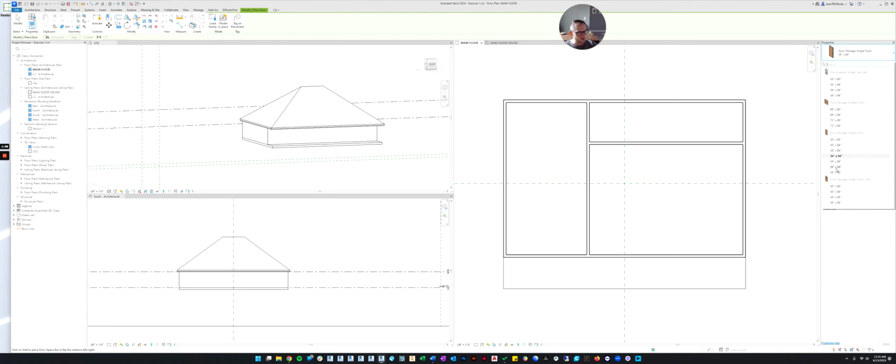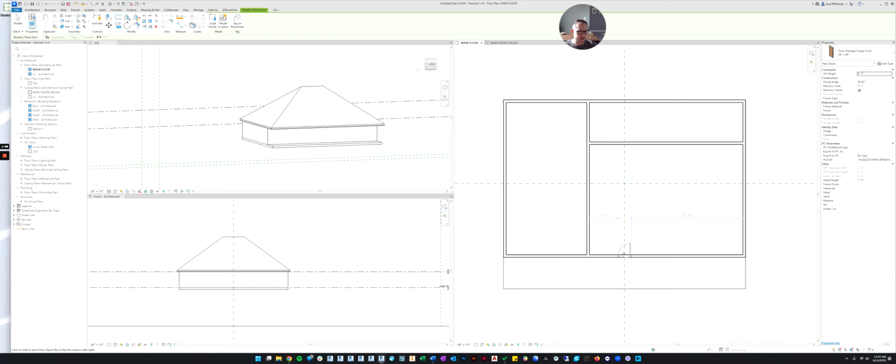So this is just a normal door, but you can see there's also double doors. There's doors with glass in them. We're going to pick just a 36 by 84 inch door. So if you pick that, then you can look over here at the sill height, which we want to be right on the ground. And again, because we're in the main floor plan, it's automatically going to assume the bottom of the door is going to be on the main floor.